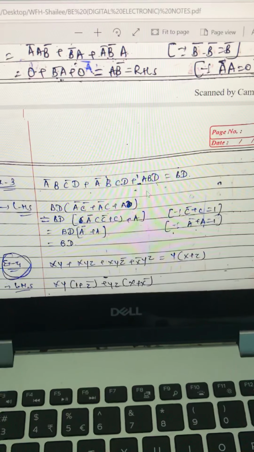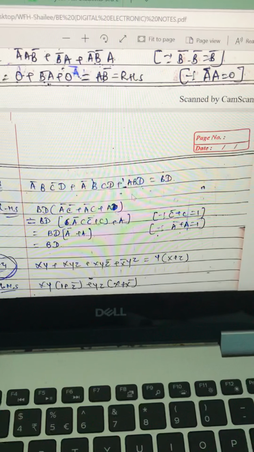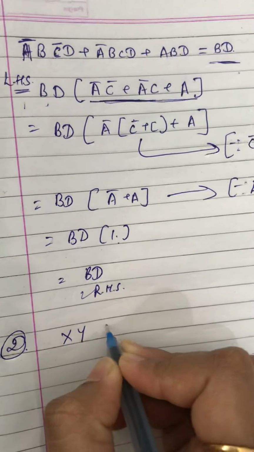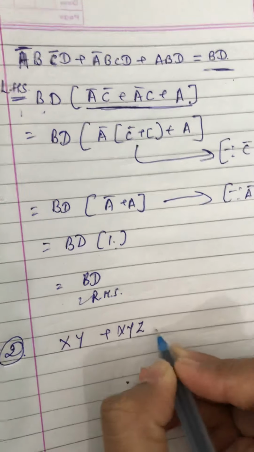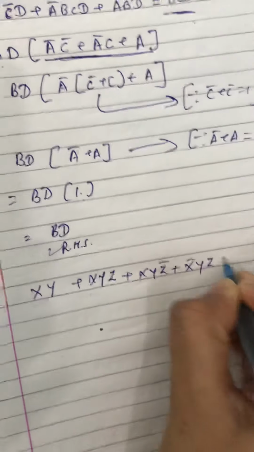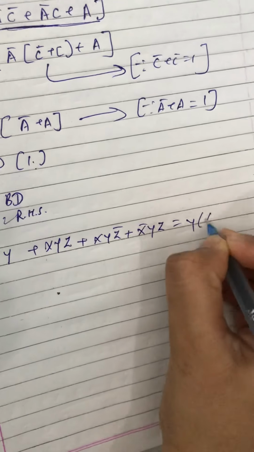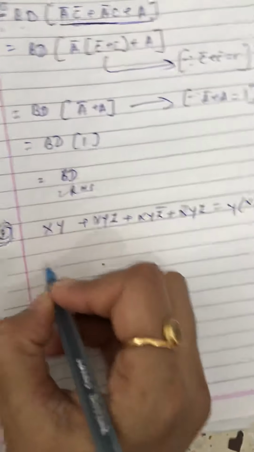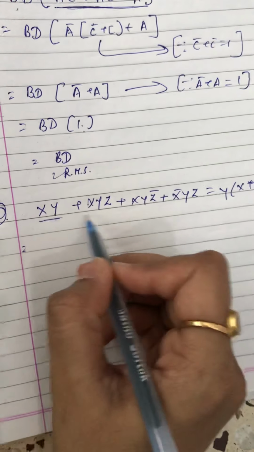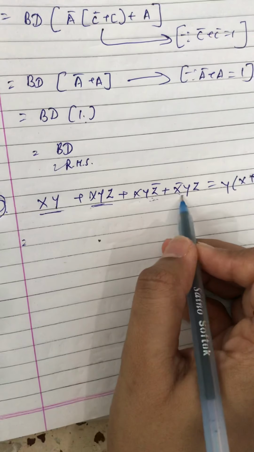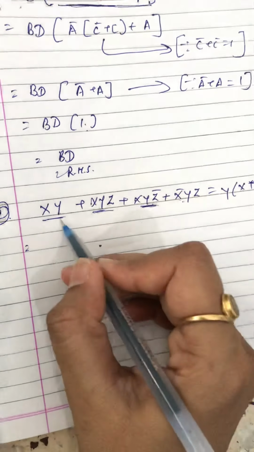So this sum is for three terms, which is an odd number of terms. Now let's move to an even number of terms. There is an even number of terms in this sum, and let's try to solve it. This sum has 4 terms on the left hand side and requires a single term on the right hand side. So let's try. See, you can take xy common from this, but you cannot take any 2 terms in common from the others and simplify.